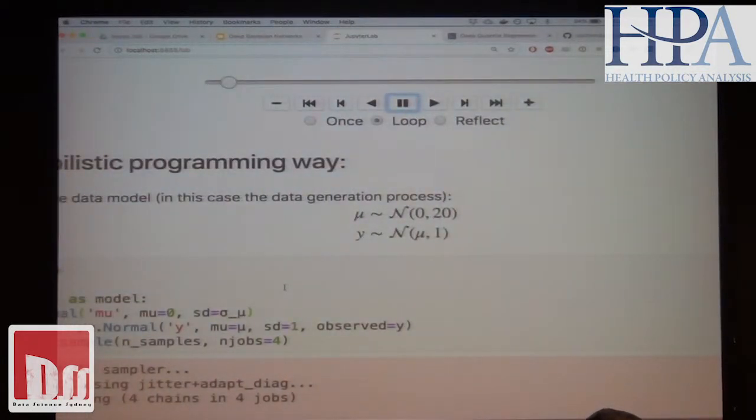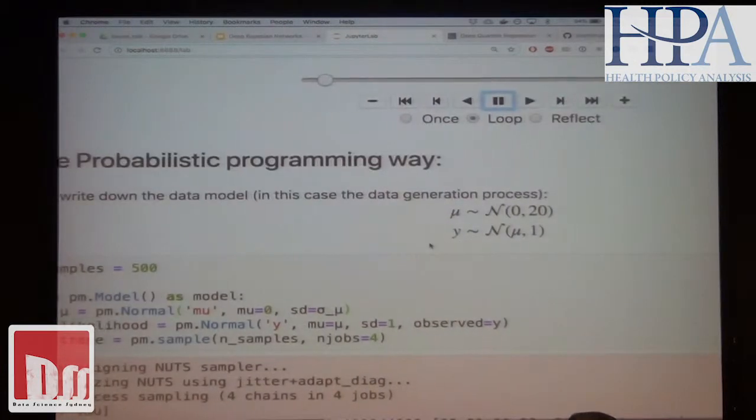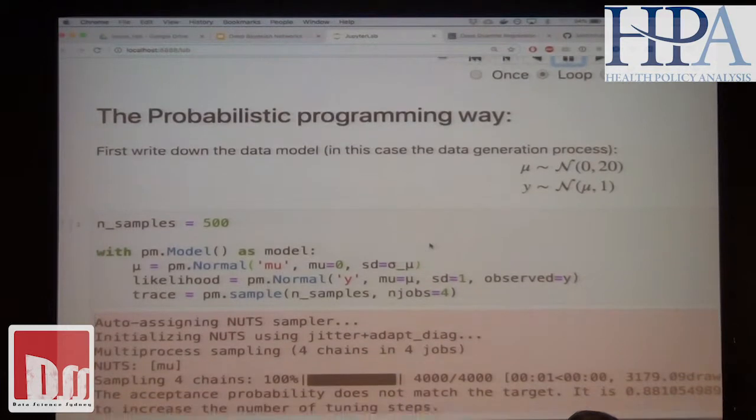So the model in this case is that you have the mean of 0. I assume the prior, okay, so I know nothing about the mean, so I'm going to assume that the middle is 0, but it has a huge variance. Basically I don't know anything about it. But the observations have a mean of mu and standard deviation of 1. I'm telling you that the standard deviation is 1. We'll play around with that a little bit later as well.